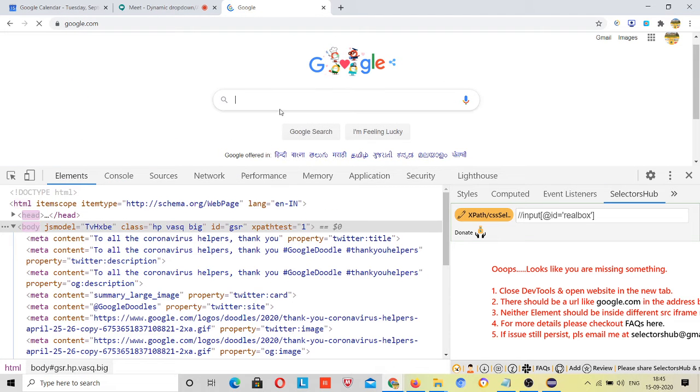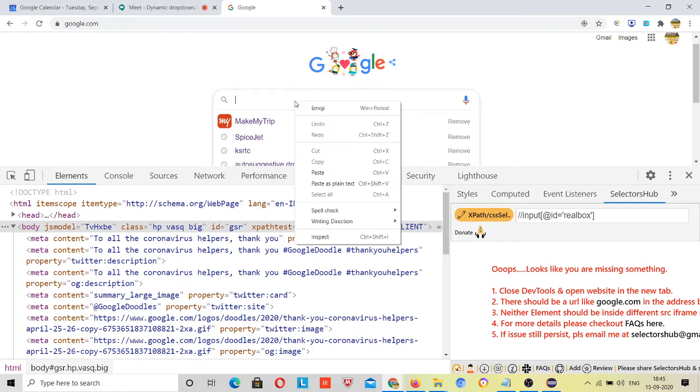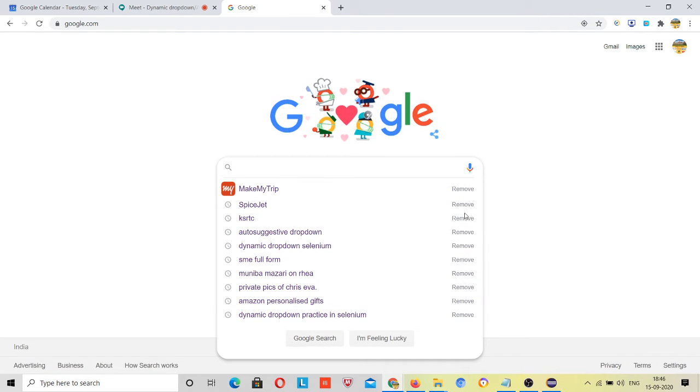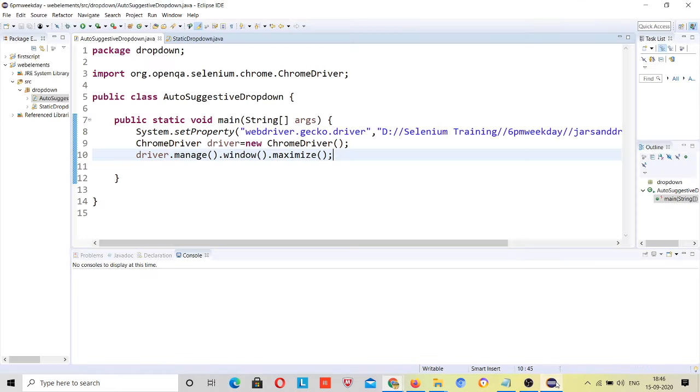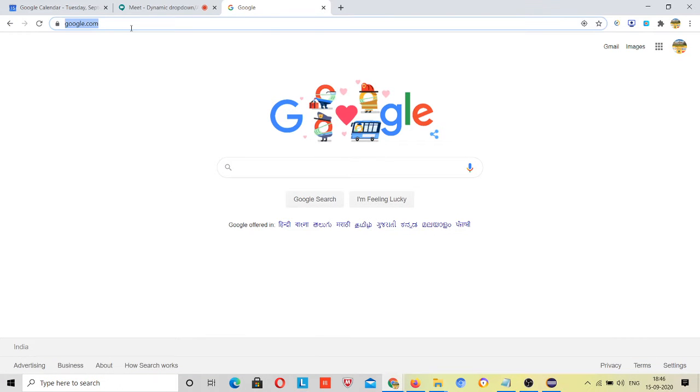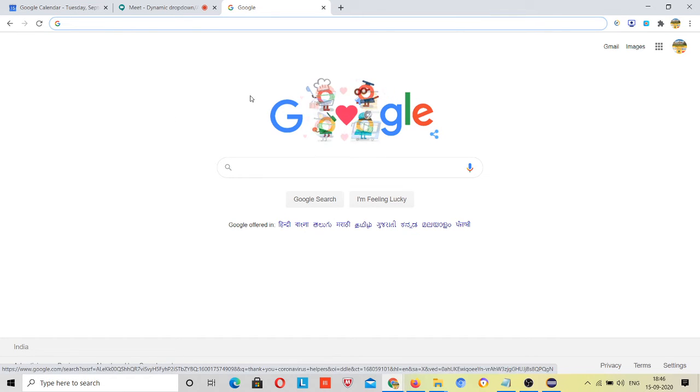Now after this, inspect and see. Now this is your desired thing, right? Why did this happen? Actually I was on the same page, but when I move through this Eclipse IDE, this may or may not be typed here because Chrome will be opened first, right? So you have to take care of all these things.